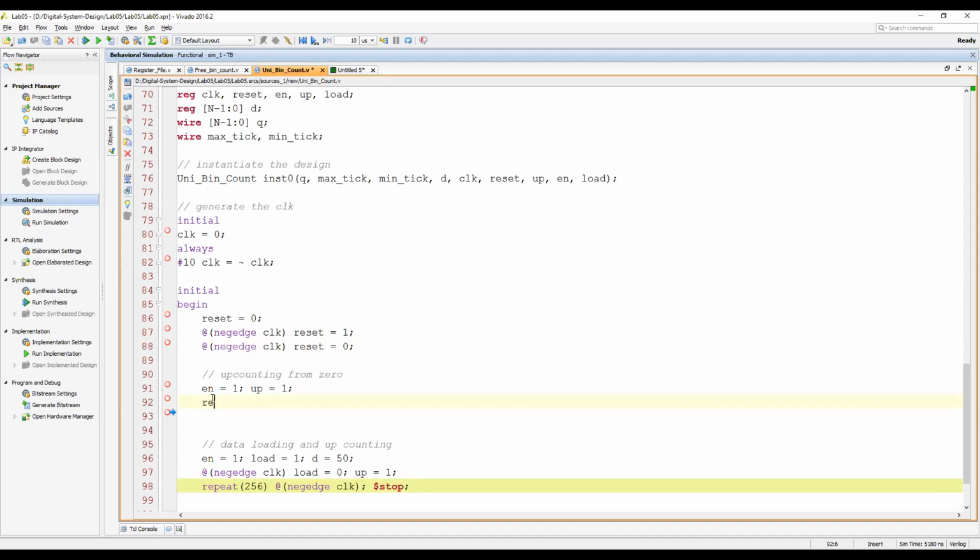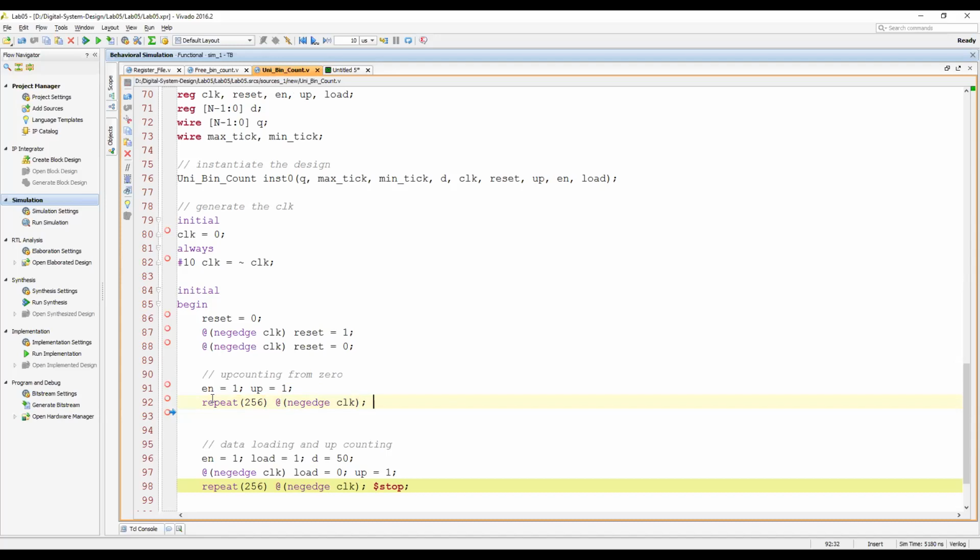Copy here. Why am I putting 256 here? Because I want to wait for 256 clock cycles. This is an 8-bit counter, so it will need 256 clock cycles to wrap around and become 0. Negative edge clock.